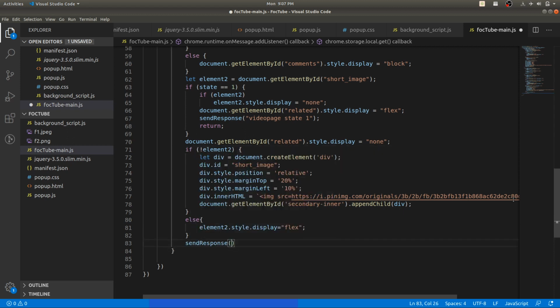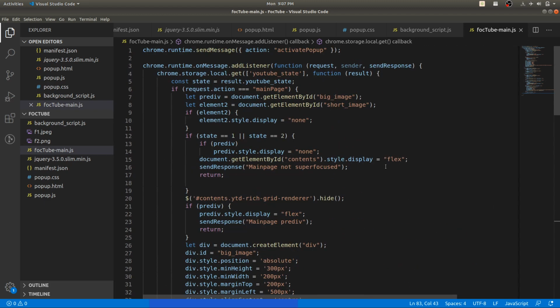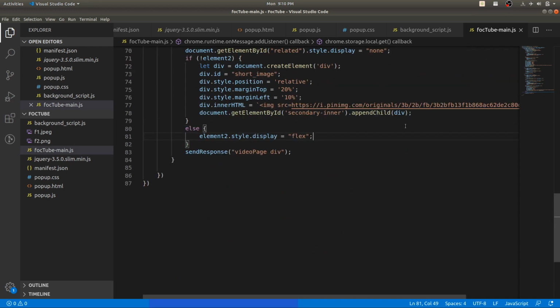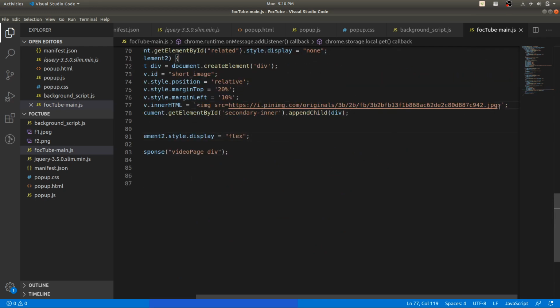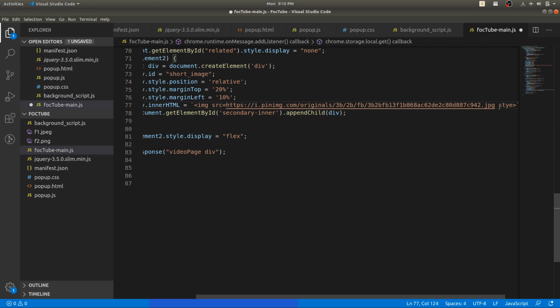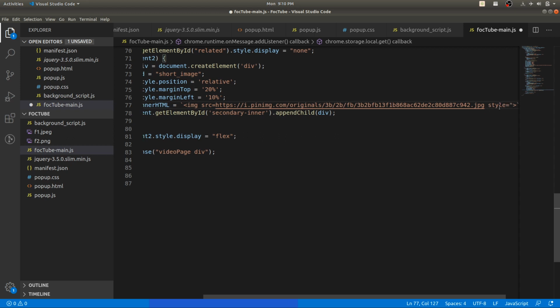So that's why we are appending to the secondary inner. You can observe that while inspecting the YouTube page on video, okay. Otherwise we will just make it display as a flex and return the response.